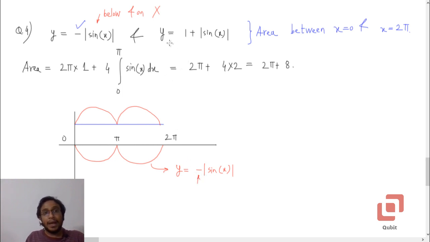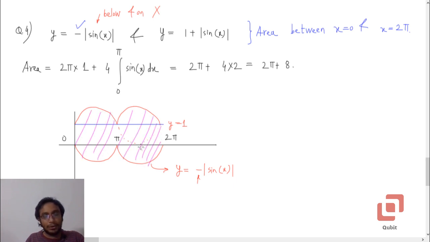Okay, and for the graph of 1 plus mod sine x, this graph will never be below y equal to 1, the blue line here. Why? Because the least value of mod of sine x is, well, sorry, the least value of mod of sine x is 0, so the least value of y will be 1. Okay, and again you can draw the graph of sine x, but you can't take negative values here. Because you are taking mod, it will get reflected about y equal to 1. So you need to find this area, which I'm going to show in pink color. Okay, this area.